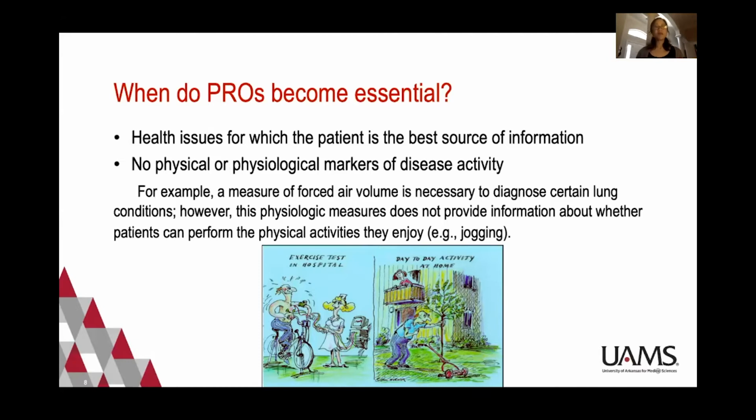For example, we are familiar with collecting temperature, right? We do screening every day. That is a physiological marker of fever, or of a condition, like blood glucose, or forced air volume to determine the diagnosis